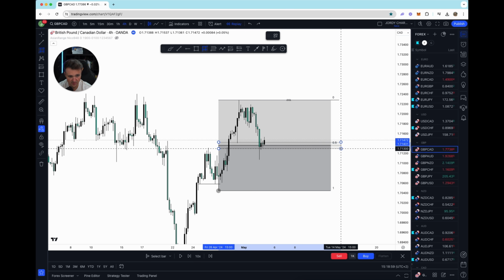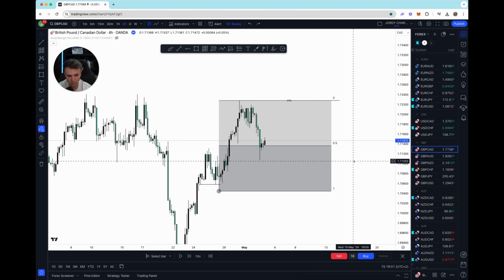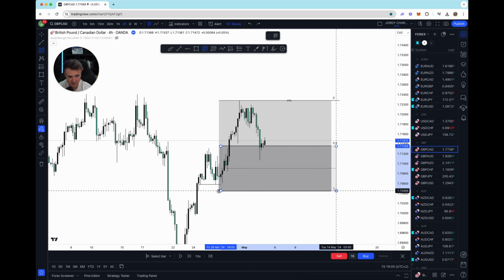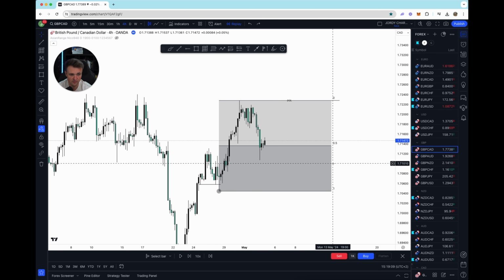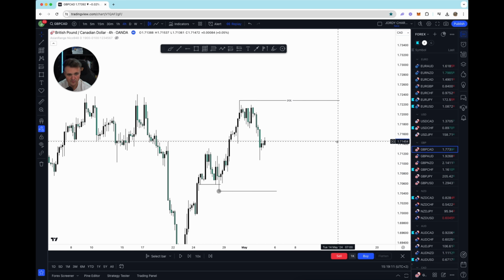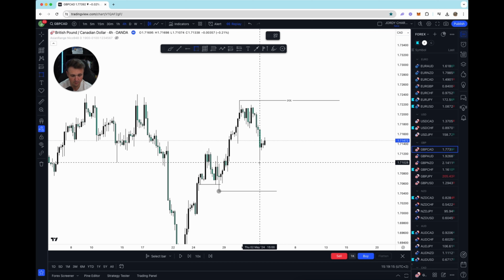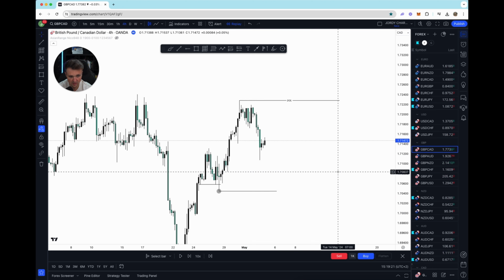As you can see right here, we don't want to be trading here. We want to be trading in our discounted price range, which is the bottom half of this Fibonacci. So this is some basic ICT stuff, which you probably already know. So we have this premium discounted price range, and then it depends on how you want to trade. Do you want to trade an order block? This is a bigger base. Do you want to trade this block like this?